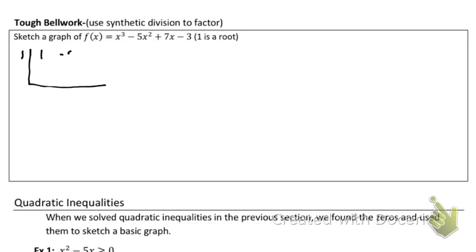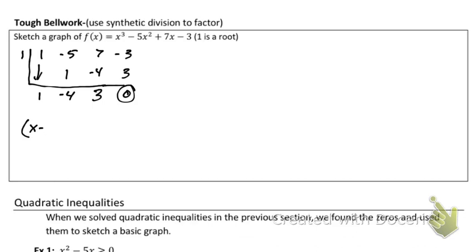So that'd be 1, -5, 7, -3. Carry down that 1, multiply by 1, -4, -4, -3. Oh, that's +3. Gotcha. That'd be 3, that'd be 0. It is a factor, but we already knew that. But the whole reason why we did this is because I can now write this as x